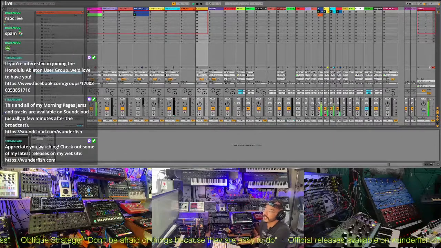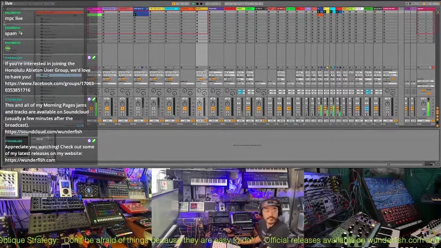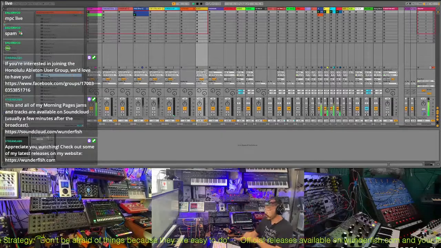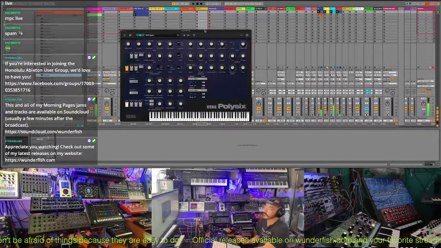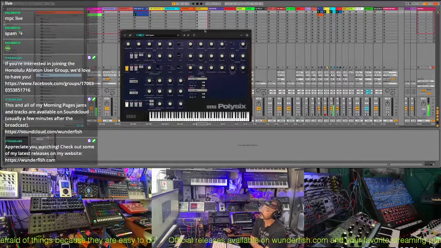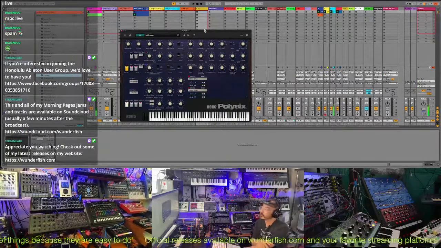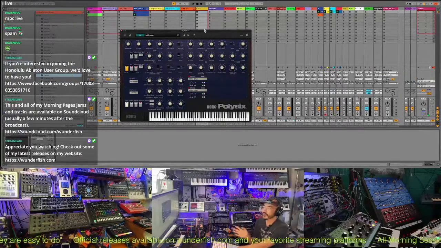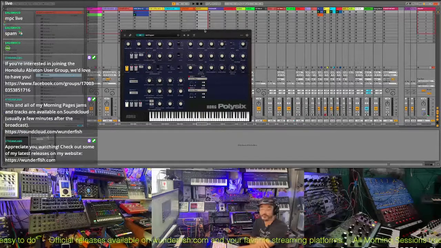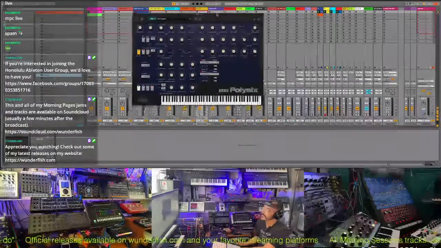I'm gonna bring in a Poly 6 by Korg. So, I think tomorrow's the last day of Korg's sale. I'm using Korg's Legacy series, which is pretty much version 1. They're already on version 3, and it's got all these new synths, and my upgrade price is $150, and I